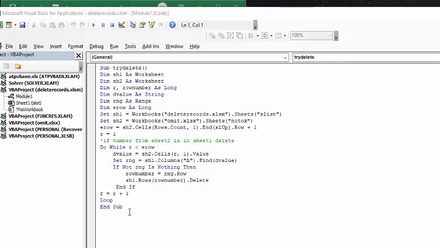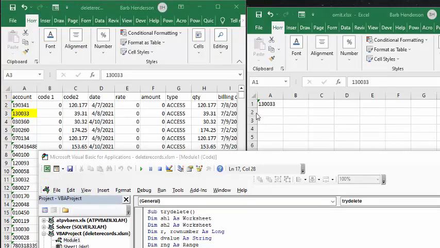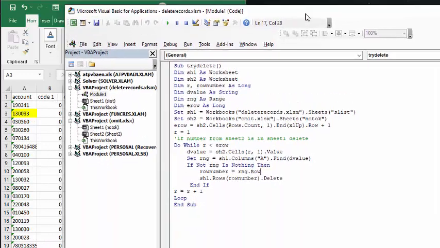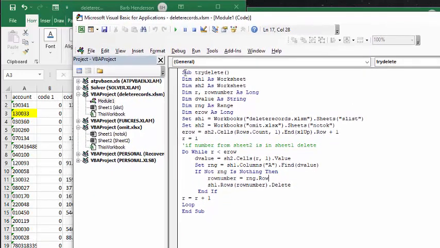I'm going to delete another record just to show you. So now I've added a new number to my sheet 2, and I've highlighted the number in sheet 1 that we're trying to delete. So let's step through the code. I'm going to press F8 through this, and so it's identifying sheet 1 and sheet 2. So end row, if you scroll over the end row, then you can see what it is. The end row is 2 because there's only one number in there. And so now it says row equals 1,